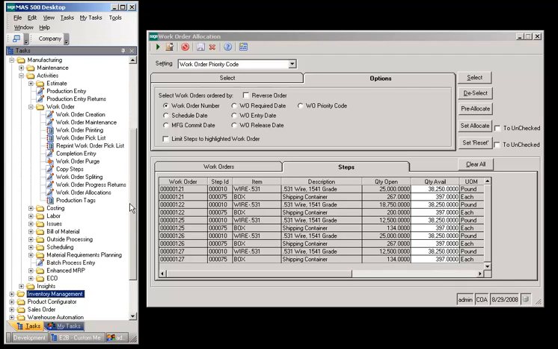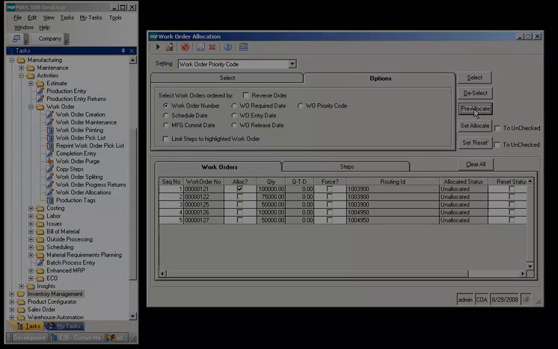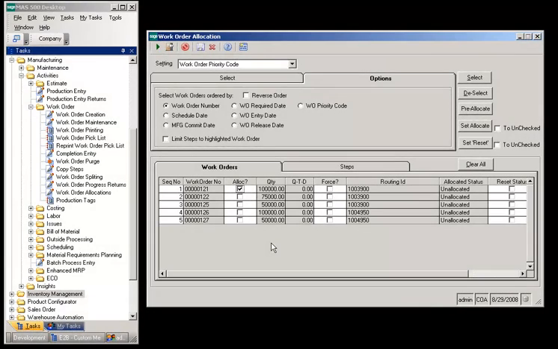This screen allows us to select the combination we want to produce and then check the work orders on the Work Orders tab by checking the Allocation box. Or we can click on the Pre-Allocate button and the program will select the work orders that can be released based on the component quantities available and the order the work orders appear on the screen. You can make any changes you want to the allocations until you select Proceed, which will actually allocate the components to the work orders